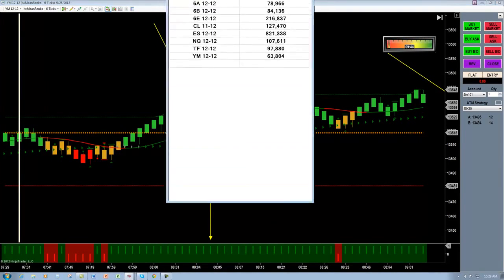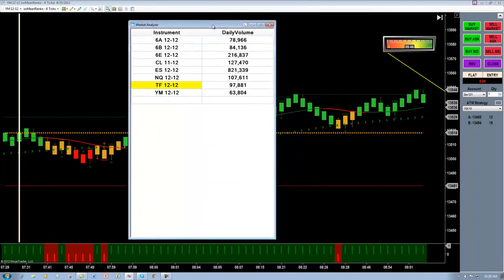Well, I'm going to go ahead and I'm going to pull down my market analyzer. Now, the only thing that I use the market analyzer for is I use it for daily volume. This gives me an idea of how many players are actually in the market. Now, we're not looking too bad here on the CL. However, if I look here at the ES, and right now the time is currently 10:30 Mountain Standard Time or